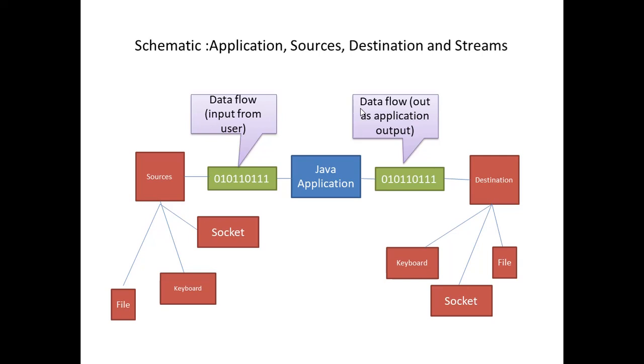See the data flow, whenever the data flow is in binary way, then you have one category of subclasses. Whenever the data flow is in the character way, you have a different hierarchy of subclasses which will be useful for you all to capture the input from the users and generate the output. So, based on the various subclasses which are there encapsulated in the Java input output package, let's have a look at the subclasses.